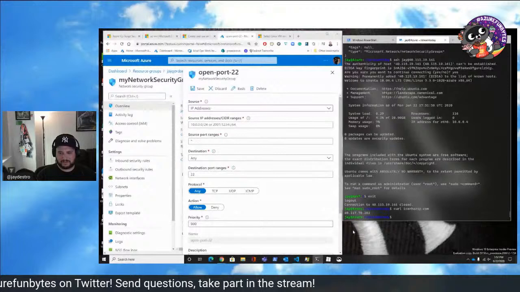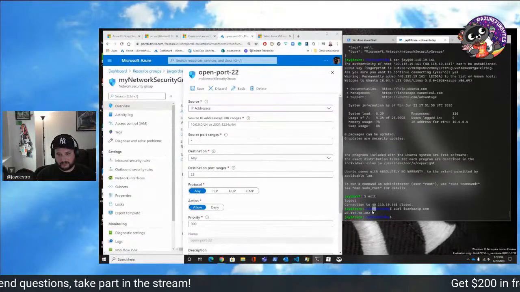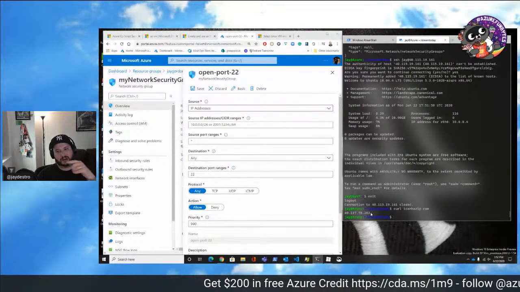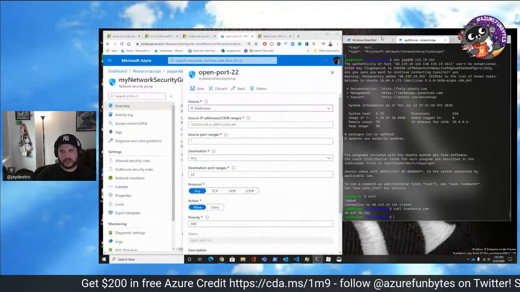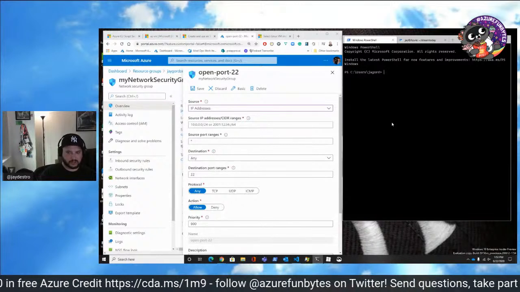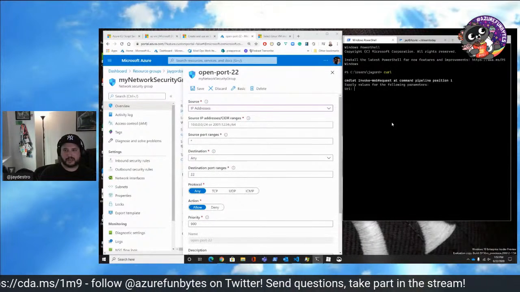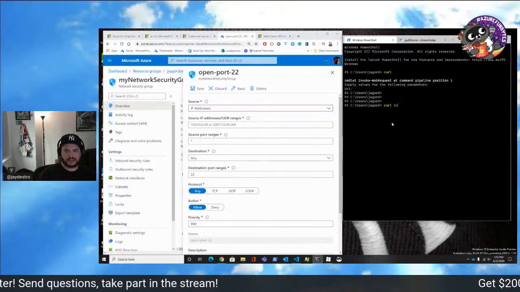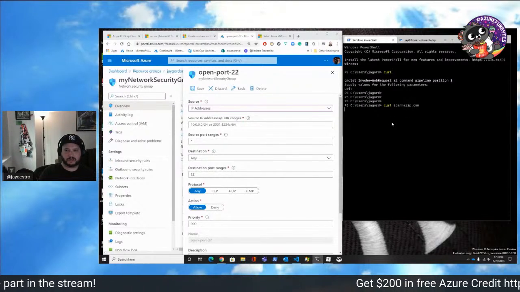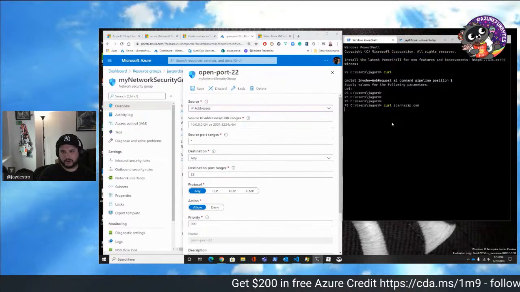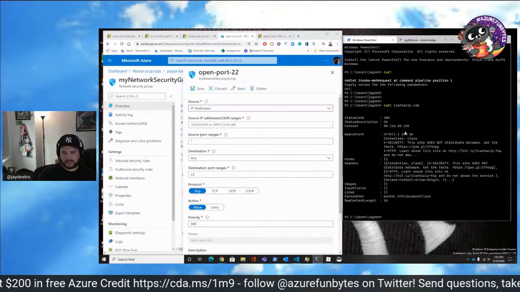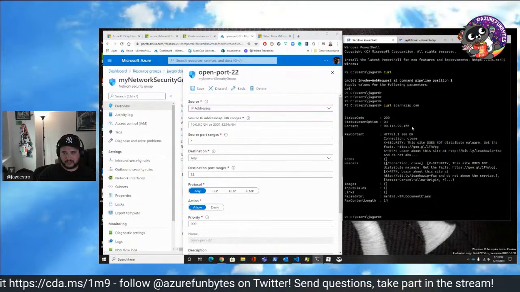So that's my IP address of, I think, the VM. Actually, this is the Cloud Shell. I need to do this on my local computer. So let's see, curl, is that here? Yeah. So you can see we can do curl icanhazip. If you do this from your local computer, it should get you your IP address. It should tell you what your IP is. And my IP is this.